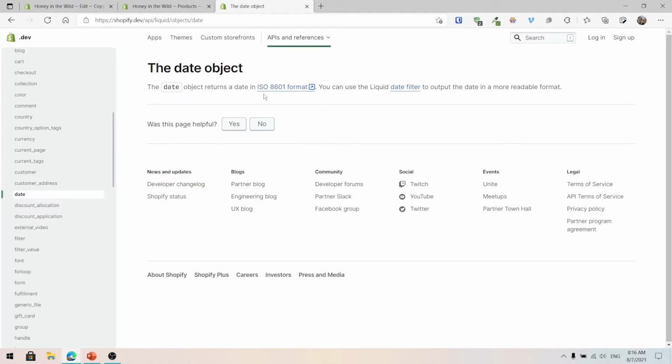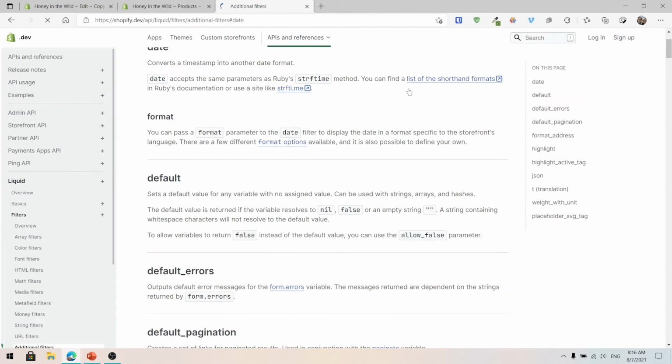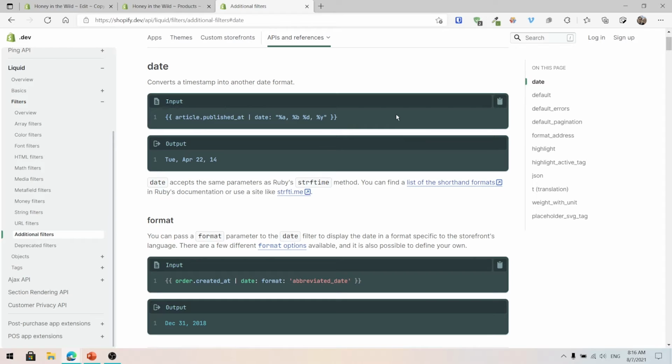Basically, dates are encoded in an ISO 8601 format, and we can use a Liquid date filter to try to output this. So let's take a look at the date filter and see what options we're given here. All right. With this, we can see some example codes to see which ones fit what we're hoping to do. So could we make this date a little more